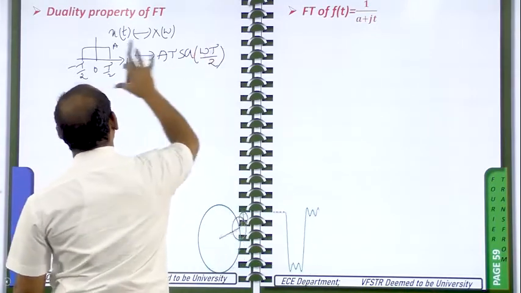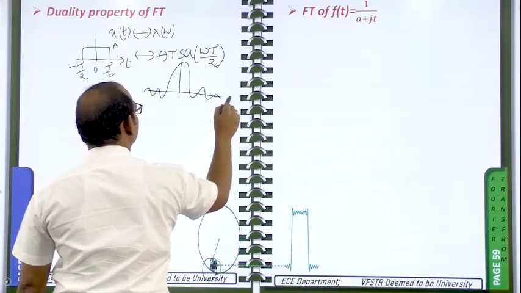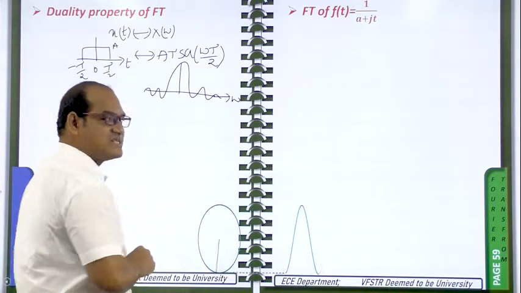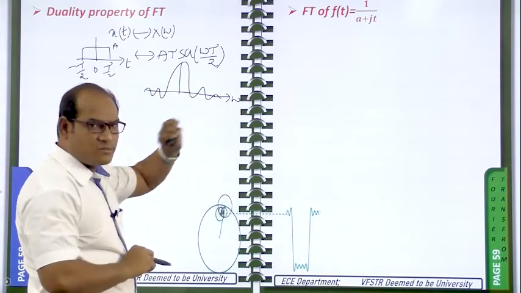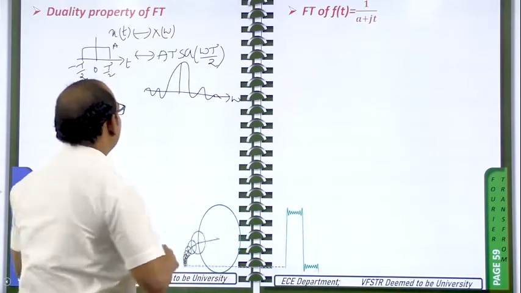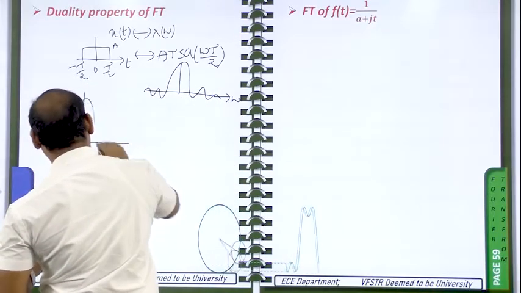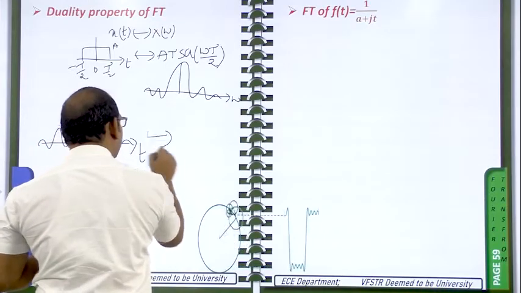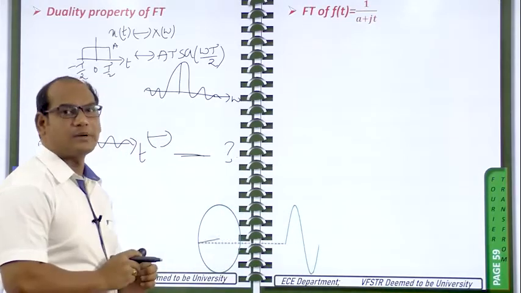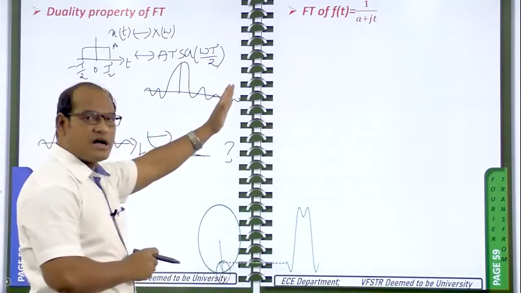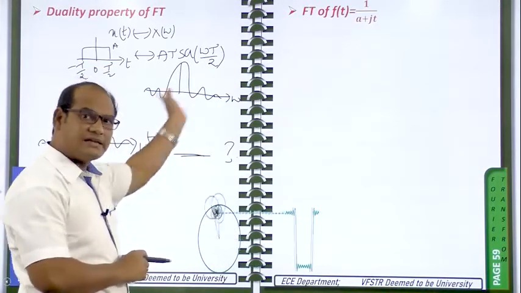It is in the frequency domain, and that is in the time domain. So the graphical representation of the sampling function is like this. The rectangle pulse signal is in the time domain and the sampling function is available in the frequency domain. Now if you take this sinc function or the sampling function in the time domain, then what will be the Fourier transform? Okay, that can be done by using this duality property. You leave it about this one, this one we already did.